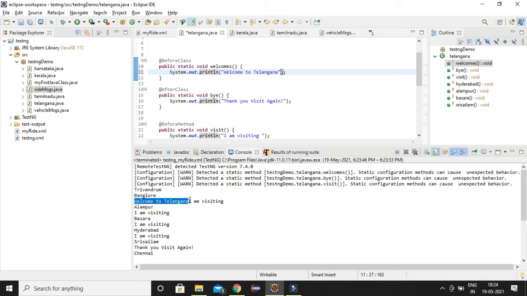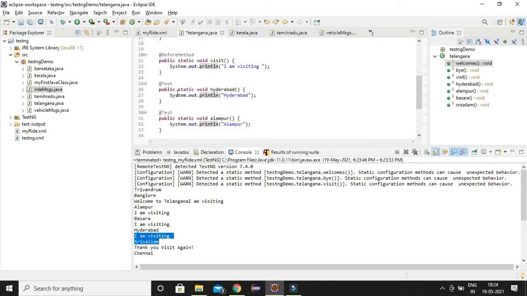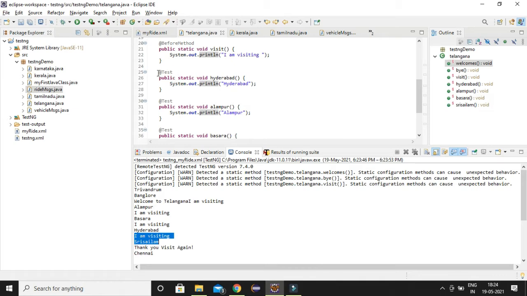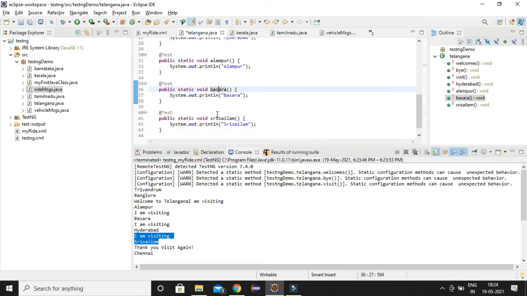Then I am visiting Alampur, I am visiting Basra, I am visiting Hyderabad, I am visiting Srisailam. When you have multiple annotations of the same type, here the @Test annotations, they execute in the alphabetical order of the methods. That's the reason Alampur got executed first, Basra next, Hyderabad, and then Srisailam.